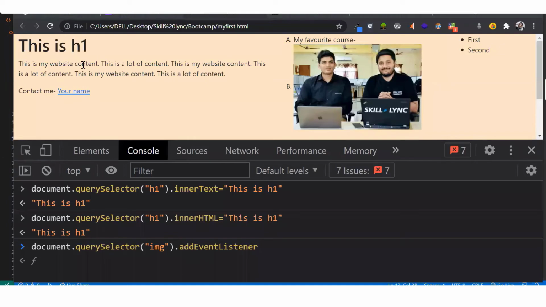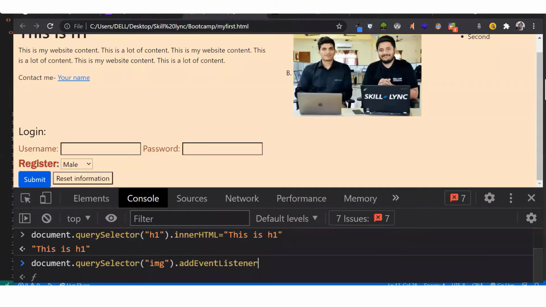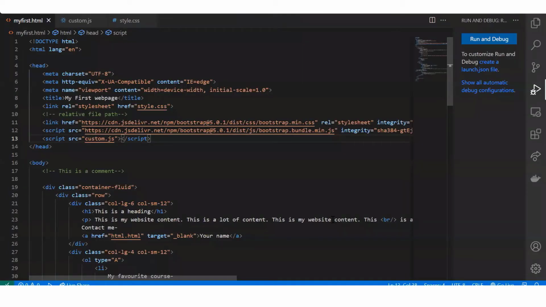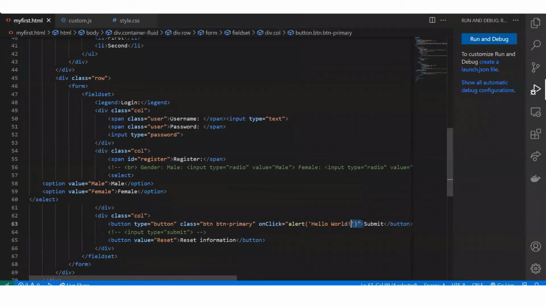Okay, so events are basically things which occur on your page. So let's say if there is a button. So what one event can be that the user has clicked this button, and that is the click event. Okay. So what I did over here, I put onclick equal to alert. What I am doing is that it is handling the click event. Okay. Onclick equal to hello world. It is essentially by doing an alert. Okay.